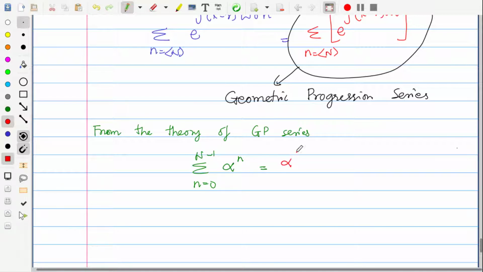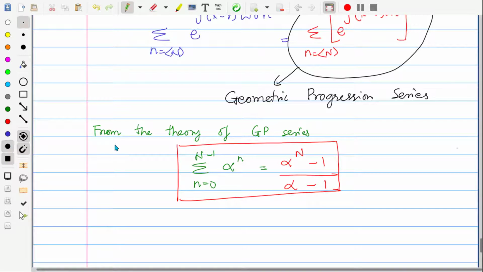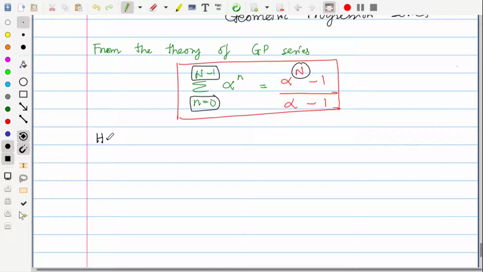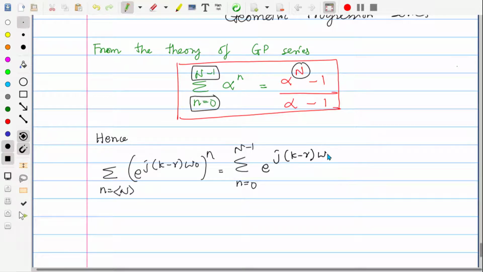We can compute that geometric progression as alpha power n minus 1 divided by alpha minus 1. Note that the range of summation is from 0 to n minus 1, so we can write it as alpha power n minus 1 divided by alpha minus 1. Using this result, we have the innermost summation for k minus r not equal to 0 as summation n within the range n e power j k minus r omega 0 power n, which is equal to summation n varies from 0 to n minus 1 e power j k minus r omega 0 power n,